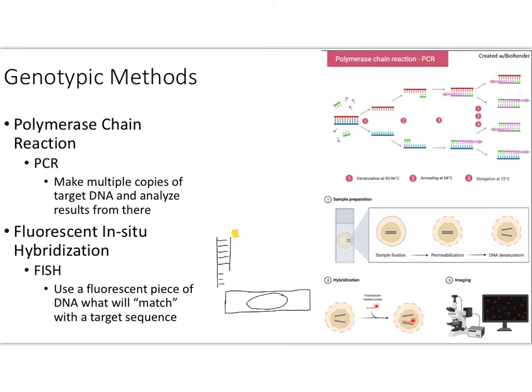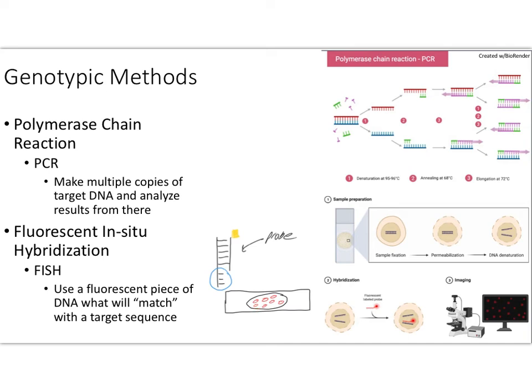And if the organisms on this slide or in this sample have a sequence of DNA that will bind to this part on what we call our probe. So this is called our probe. And if our organisms on this slide or in our sample have a sequence of DNA that will bind to this sequence right here, then we have what's called a match. It will start to glow under a microscope,